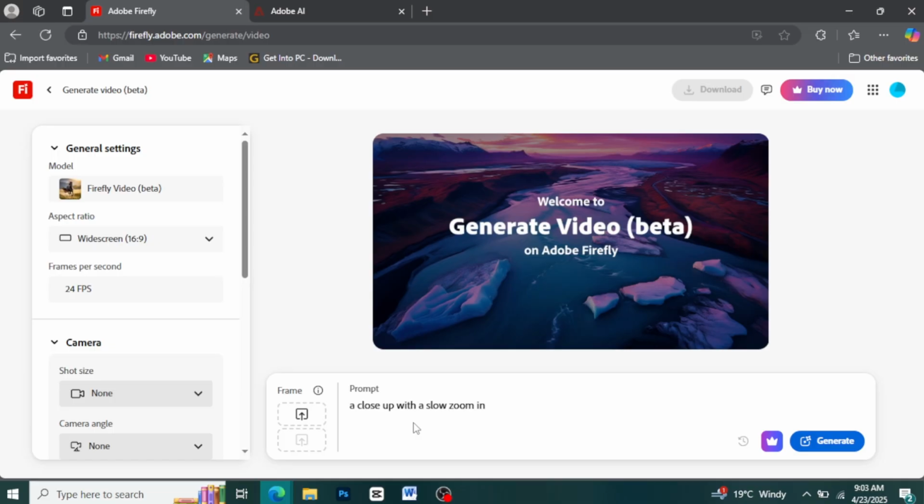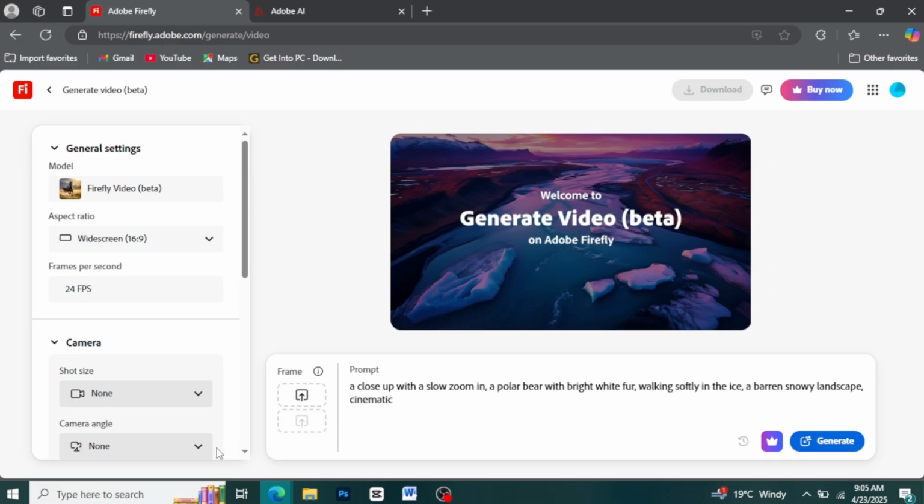Next, describe the character, for instance, a polar bear with bright white fur, to establish the main subject. Follow this with the action, like walking softly on ice, which tells the system what the character is doing. Then, set the location, such as a barren, snowy landscape, to provide environmental context. Finally, include the desired aesthetic, such as cinematic, shallow depth of field, to influence the overall visual style and mood